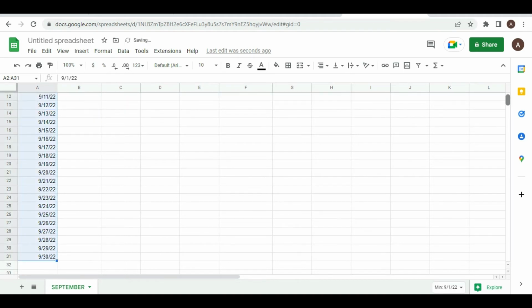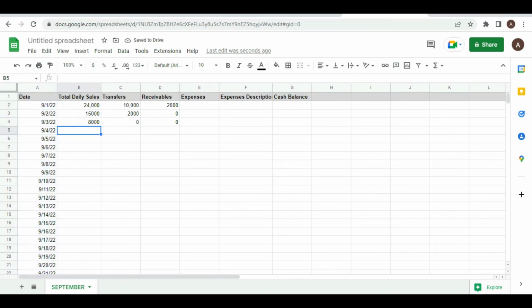For fourth, every day make sure you get these figures from them. This gives you a very accurate figure of what should be left with them in the shop and what should be in the account. So let's auto generate some of these figures to have a fast account.